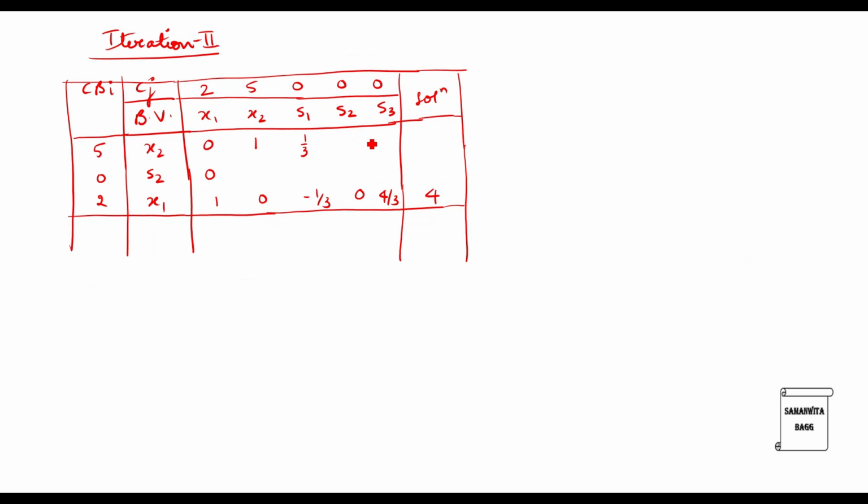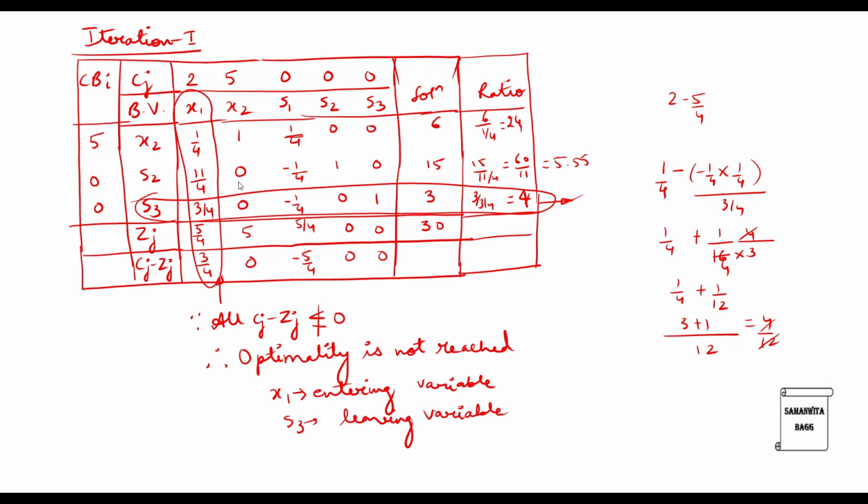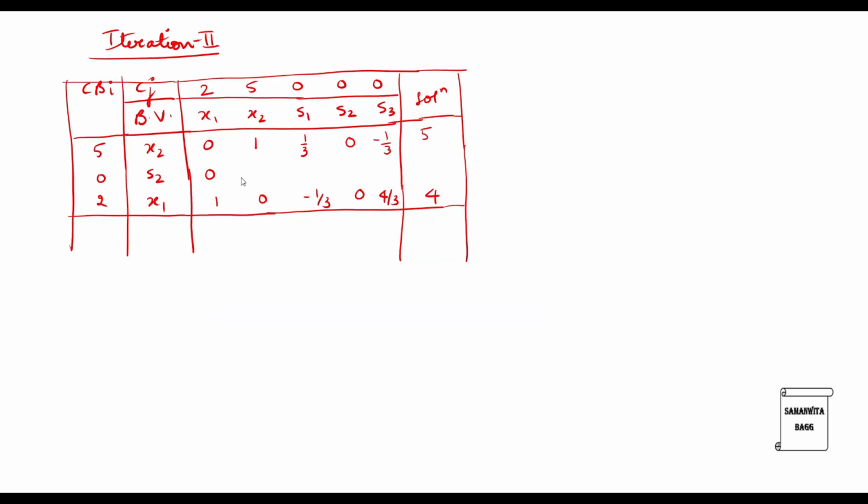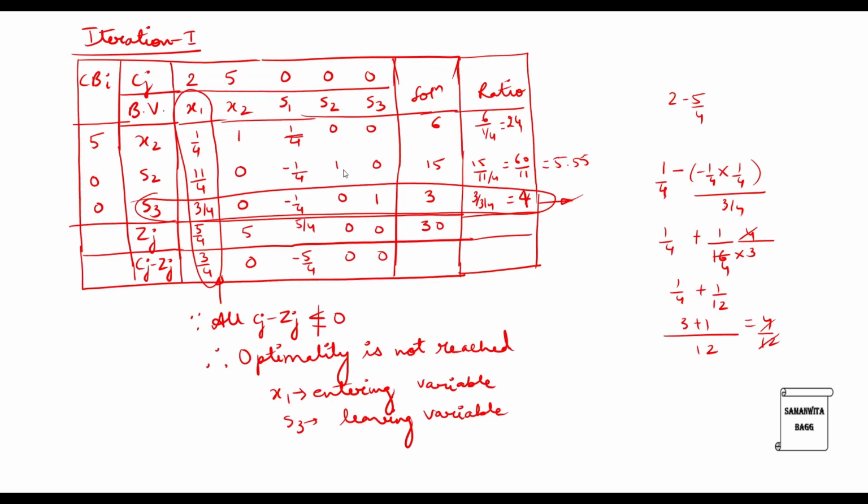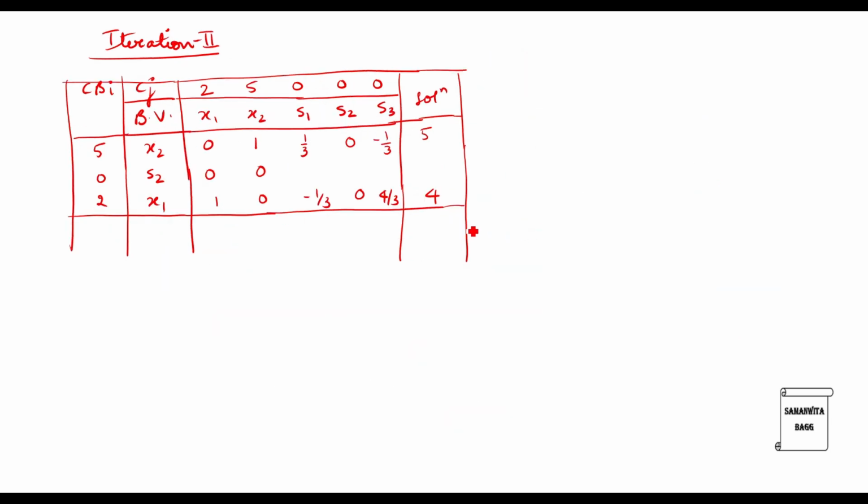Similarly, you can calculate these two now. This will be 0. This will be minus 1 by 3. And this is going to be 5. Then you can calculate for this position. This is again easy because it is 0 minus these two numbers. If they are numbers, then it is difficult to solve. If one of them becomes 0, it is just negligible, 0. So the answer will be the same value, old value. So this is going to be 0. This is easier. I'll show you for one more. See this position. 1 minus 0 into this number. It is 0. So this number S2 will be 1.